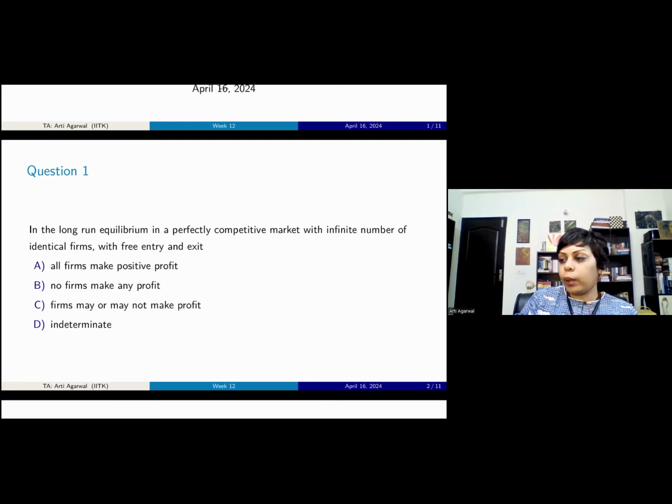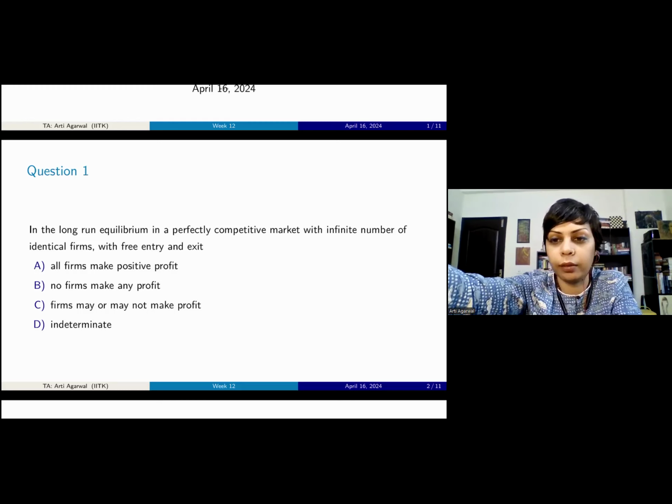So if one firm is exactly like the other firm, one firm will think, okay, this guy is selling it at 100 rupees a meter, I will sell it at 90 rupees a meter, and the entire market share, all the buyers, will buy from the guy who's selling it at 90 rupees per meter. This whole process will keep carrying on, because the moment one firm lowers its price, all the other firms will be like, why am I taking the beating? Let me also lower the price, and let me also make positive profit. Like I'm making zero revenue now, not just zero profit.